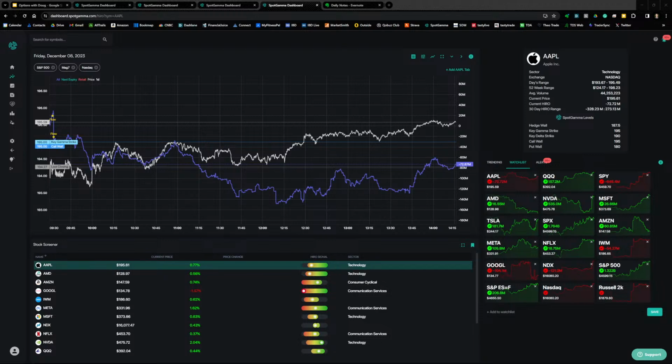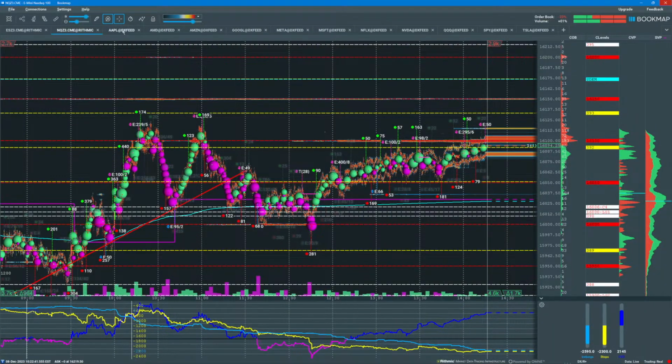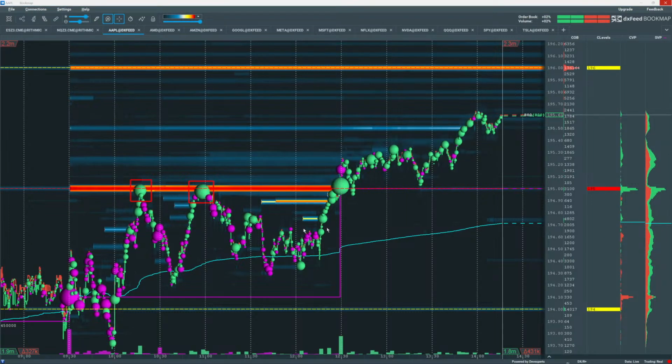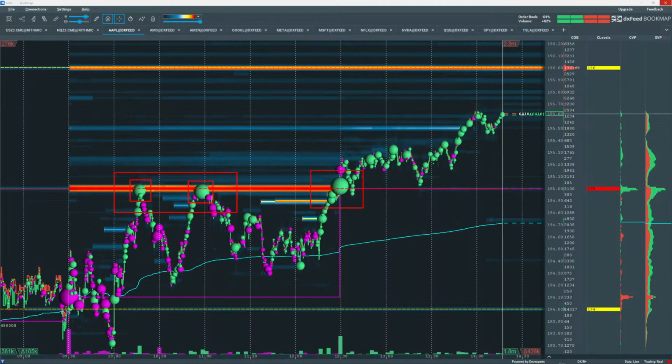Let's go take a look at Bookmap. Go to Apple. So 195 is the call wall. Note there were a couple of touches of the call wall earlier today acting as resistance. And then finally, price breaks above that level. Note the large volume dots, aggressive buyers buying that liquidity, buying those resting limit sell orders in the order book,